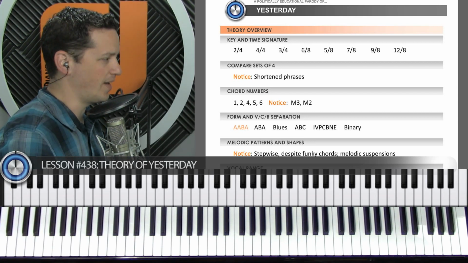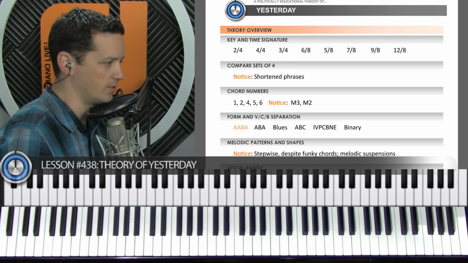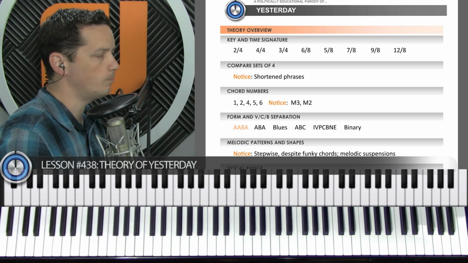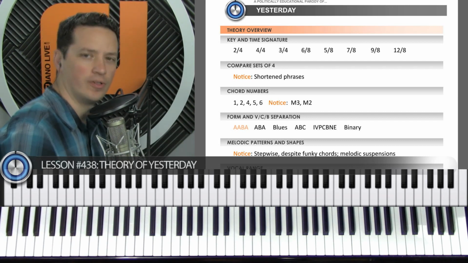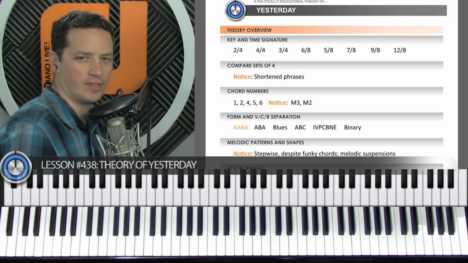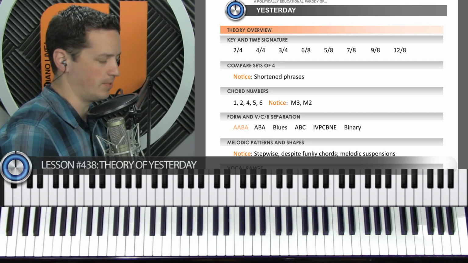I don't think we've had a 2 yet, or a 5 or a 7. We're not going to run into a 5 or a 7, pretty sure. But we have had a 9 before, and I don't know that we've had a 12. So the 4 is definitely the most common one. So that just means that every 4 beats, something significant happens.